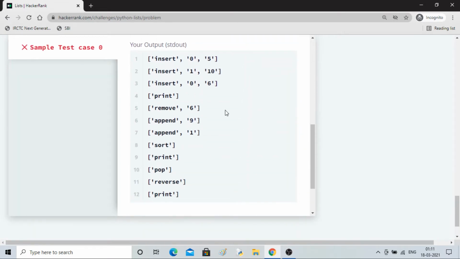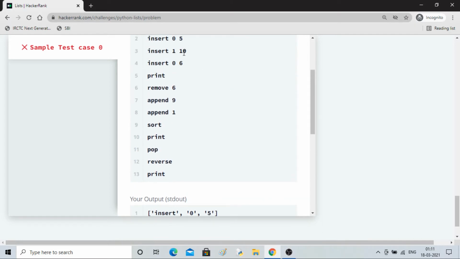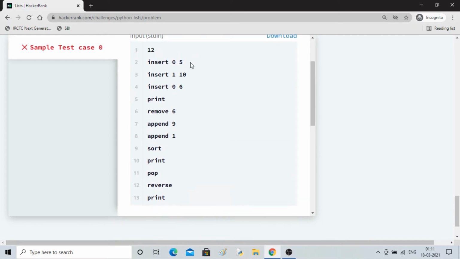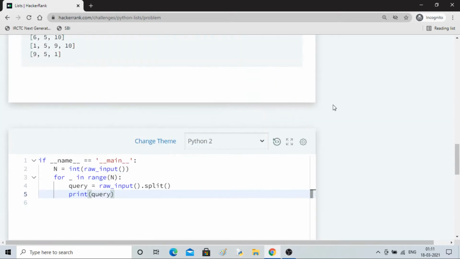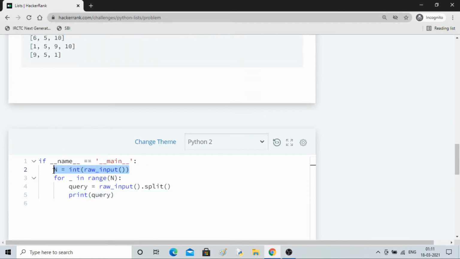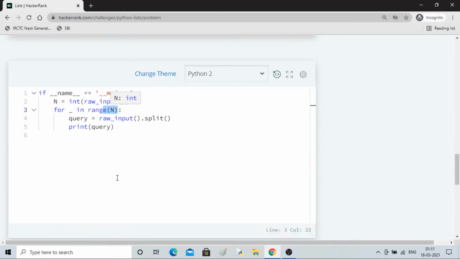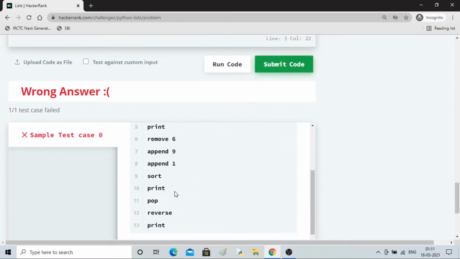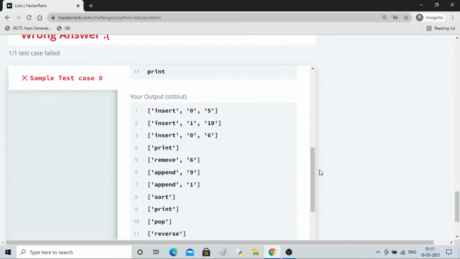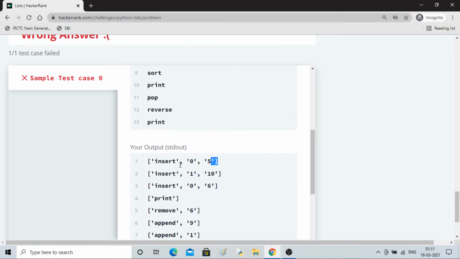So we can see that these are the inputs. The first input is 12, which has already been taken at this line, so we are using the value of n in this line. Then we will go down and we can see all the commands are like an array.